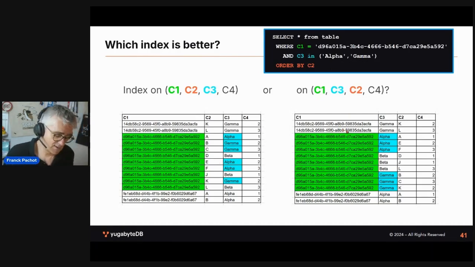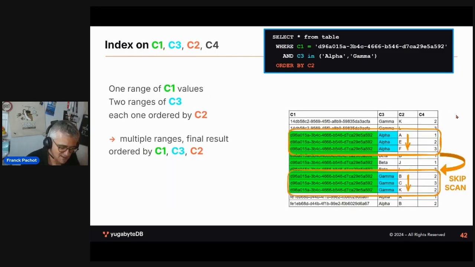Another possible index is one that starts with C1, and then together the values that I want for the other predicate. But then the order of C2 is ordered only within each value of C3. So I don't have a global order. I have small sets that are ordered, two sets that are ordered, but still need an order later. So looking at both of them, I look at the second one first and how it works in